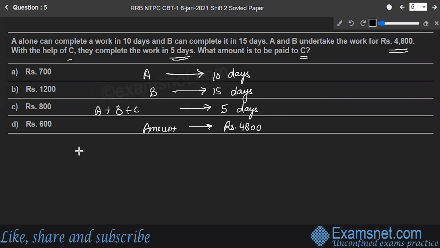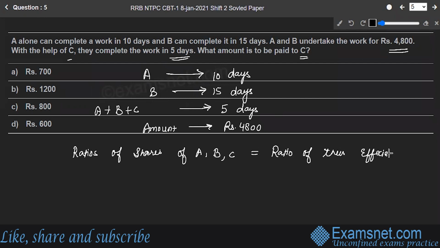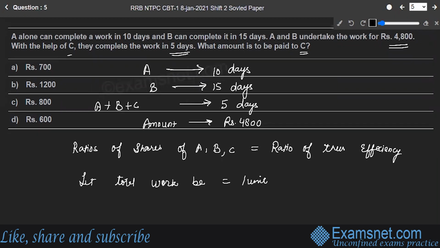Now, the ratio of shares of A, B, C is equal to the ratio of their efficiency, right? Ratio of their efficiency. Now, let total work be 1 unit, right? Therefore, 1 day work of A,